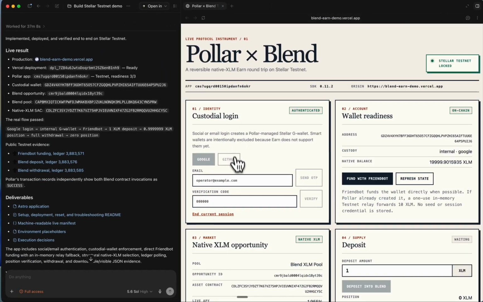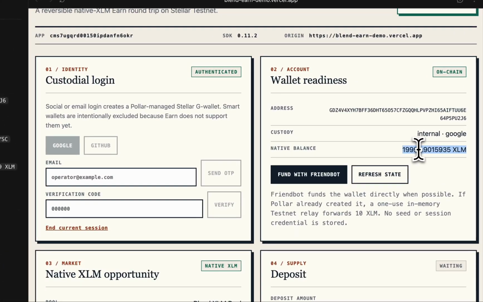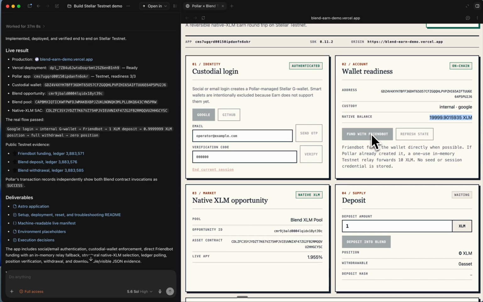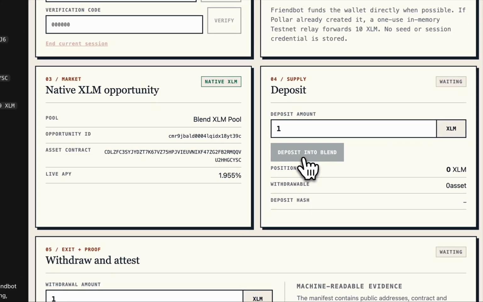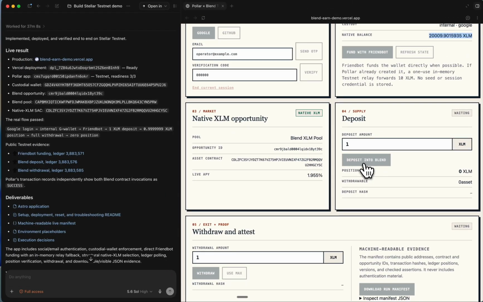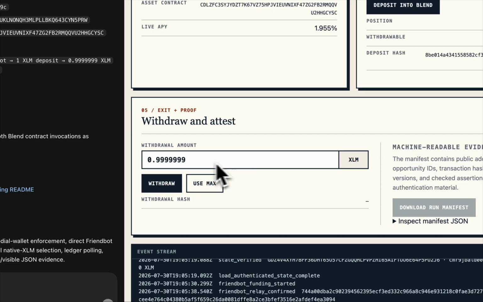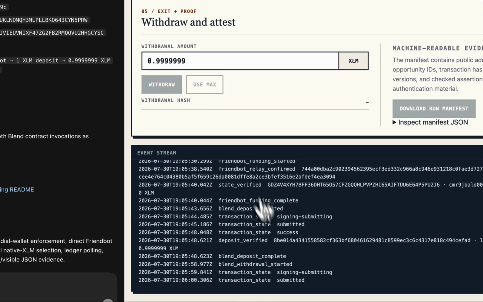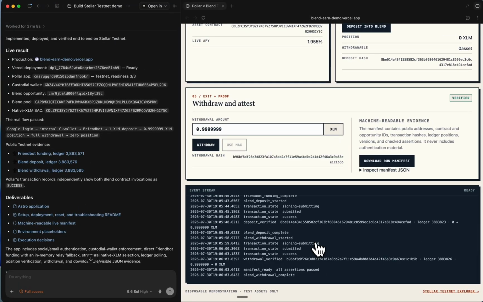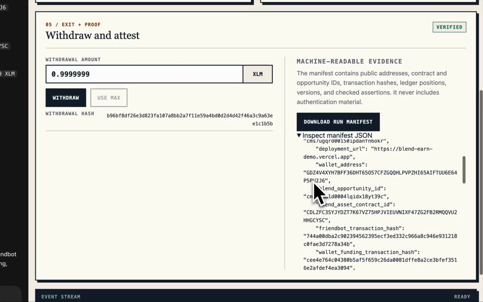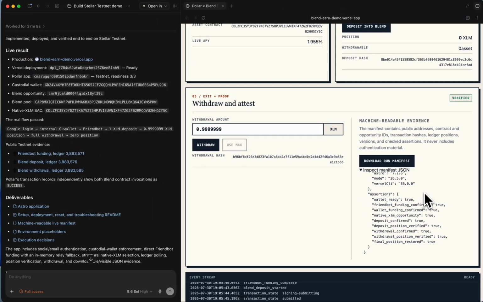We tried the login. Polar had our session, so it worked with that. We use Fund with Friendbot to make it easier. Then we deposit $1 into Blend, and we withdraw the max that we can. In the logs we have the proof of everything working, and then we can see the manifest with all the